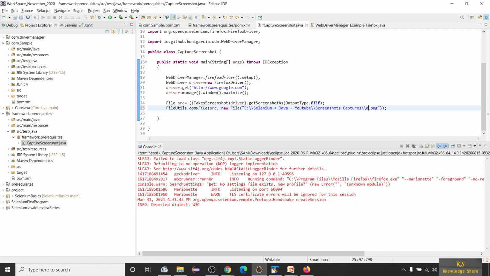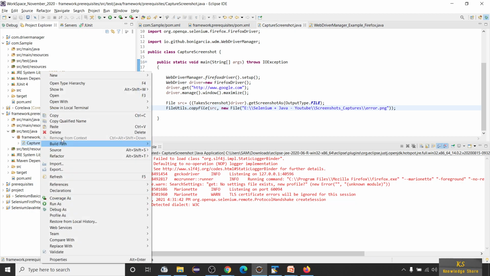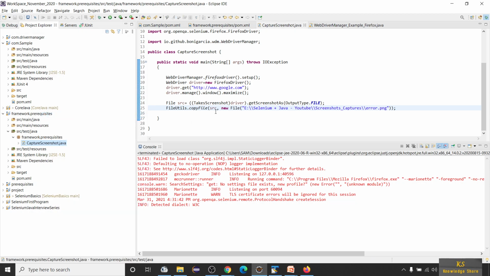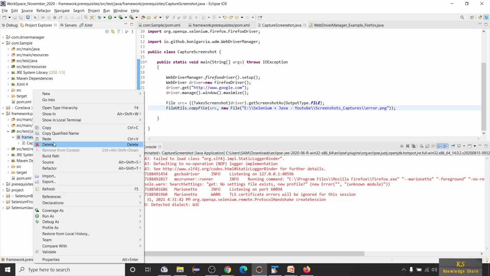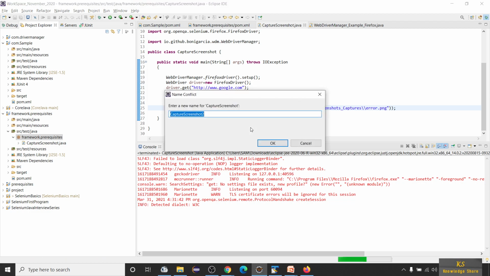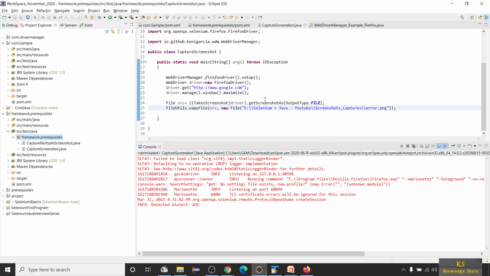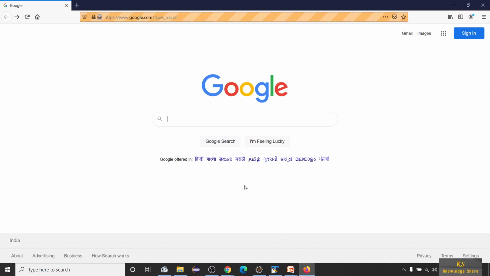To avoid this problem, we will be doing one more thing. Let me create one more class, or let me duplicate this, so that I'll show you how to capture multiple screenshots by creating a method. Let me copy this and paste here, and let me write here capture multiple screenshots. Now once this is launched, let me inspect this element and type something.